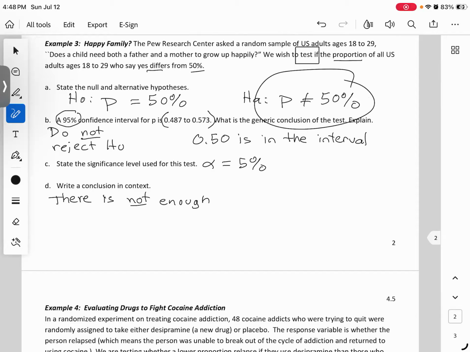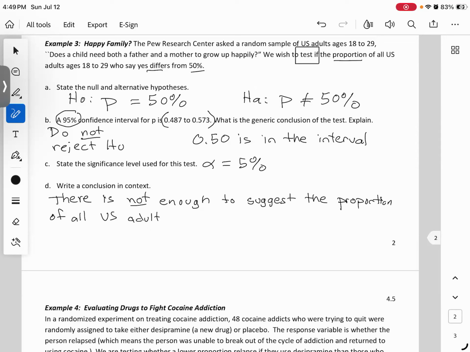But we talk about what this means in the story, right? We're not just going to say there's not enough evidence for HA. We want to give the context. There's not enough evidence to support or to suggest that the proportion of, and really I'm just using a lot of their words. This is a study. This is really important also that it wasn't just about the people they surveyed, but about all U.S. adults